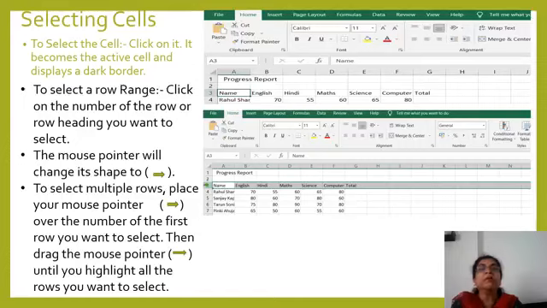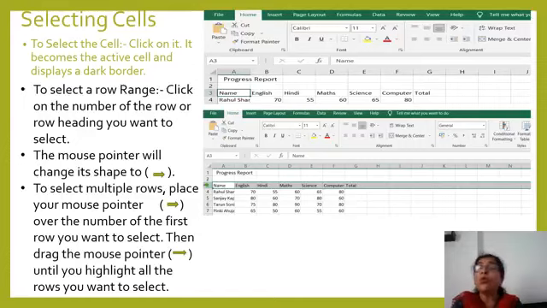Okay. And displays a dark border. Here, in the first row, in the first screen, name cell is selected where the word name is written. So whenever you are selecting any particular cell, that border of that cell is getting highlighted. Can you see here? For name cell, it is highlighted.